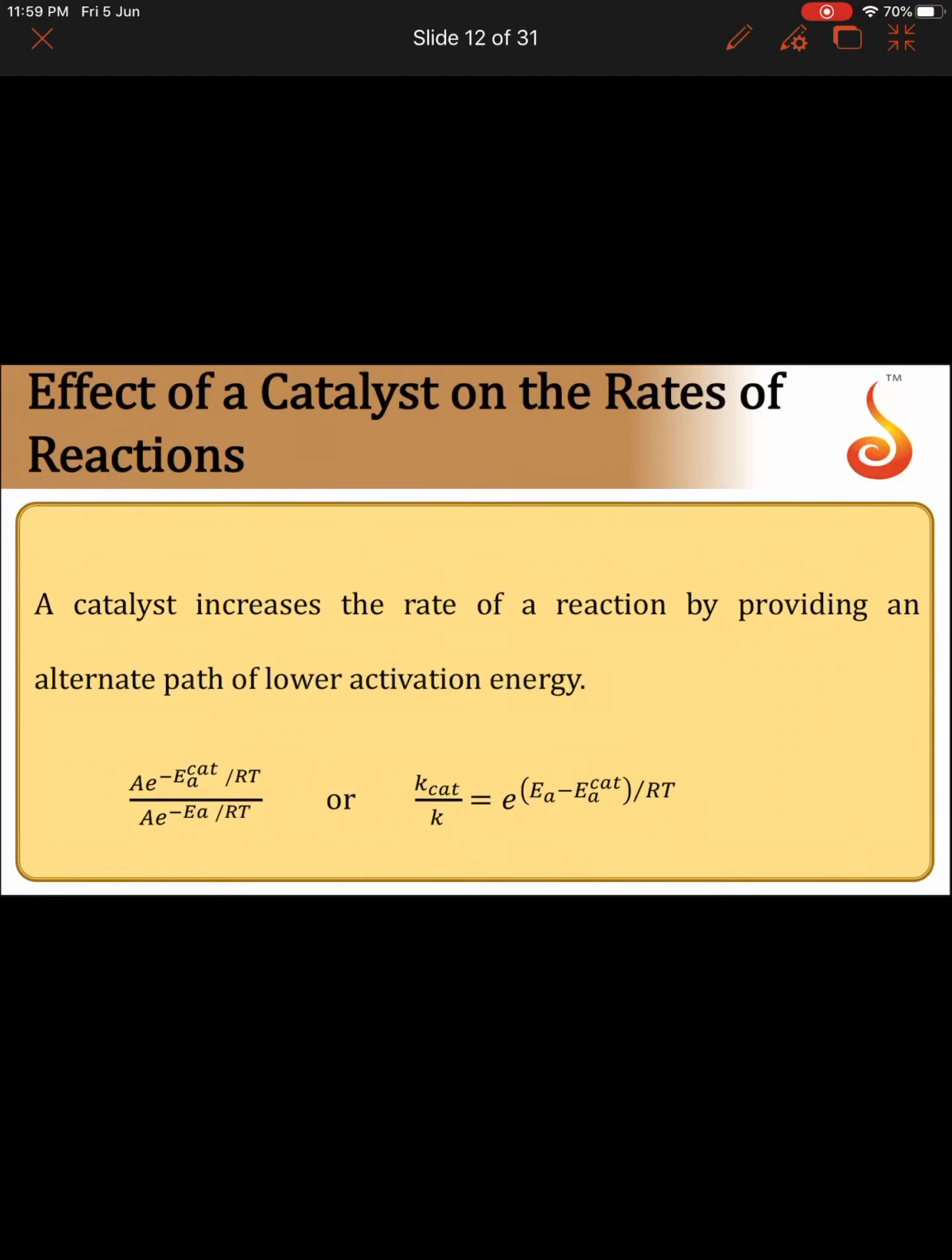Now, how did we get this equation? I'll explain how we get this equation. First, the Arrhenius equation is k is equal to A into e power minus Ea by RT. Now, if the reaction is taking place in the absence of catalyst, then